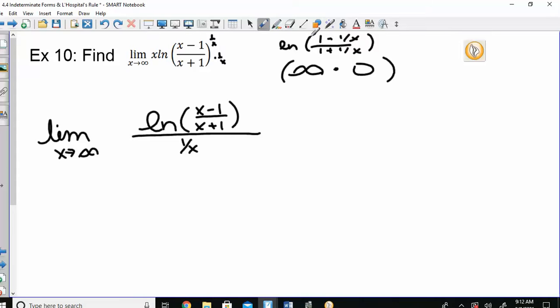Okay, if it helps you, 1 over x, you could also write that as x to the negative 1 power. Dropping it down changes the sign on the exponent, so whichever way you prefer to write it. Okay, so if we plug in, we know on the top it's still going to 0. On the bottom, 1 over infinity is going to 0. So now it's 0 over 0, which tells me